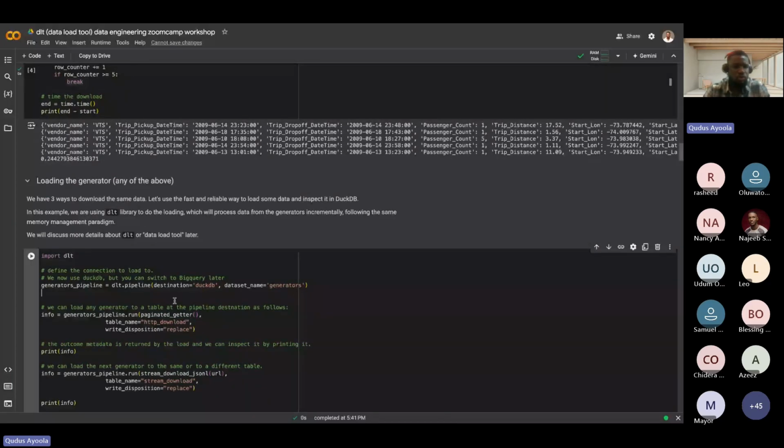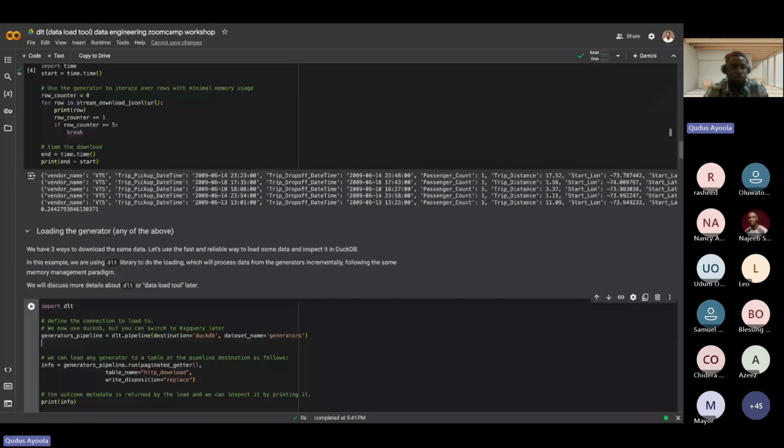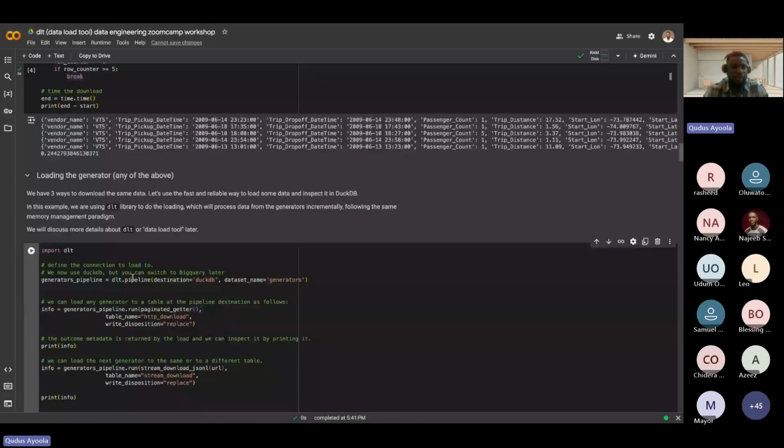So what we want to do is this generator, we can pass it into our DLT pipeline. You can use your dlt.pipeline, then pass in the destination database and the dataset name that we want to use.